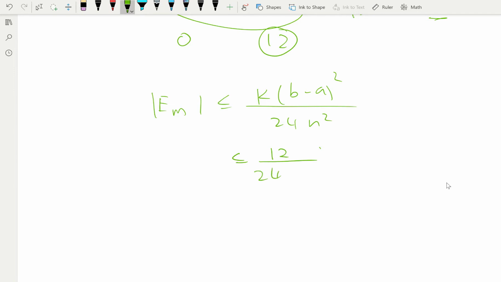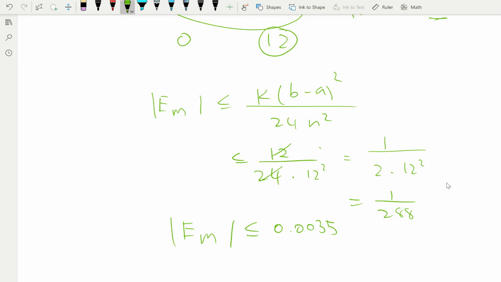And 24, n is I believe 12, so 12 squared. The 12 and 24 cancel out and leave us with 2, and 2 times 12 squared is 288. So what the error bound says is that what you get on the right hand side of the inequality is 1 over 288, which is actually